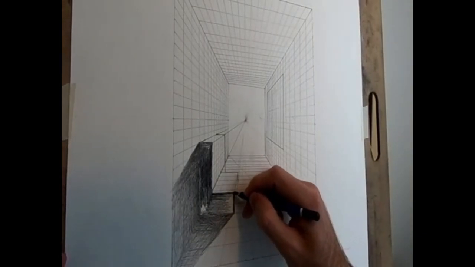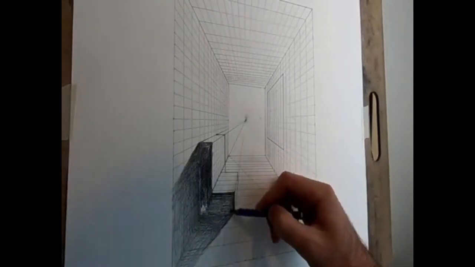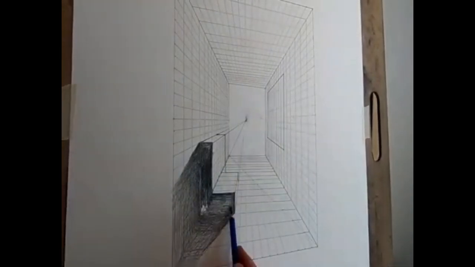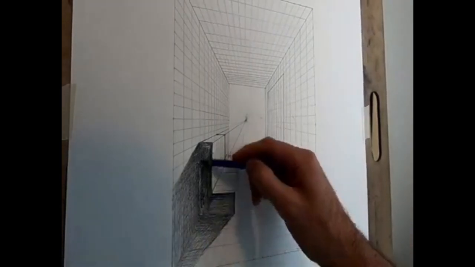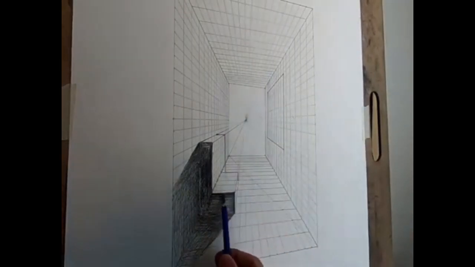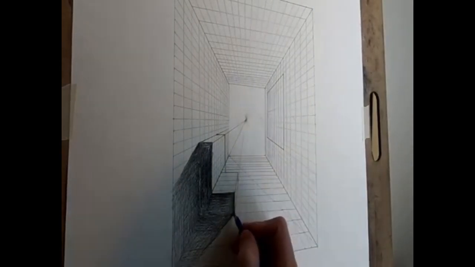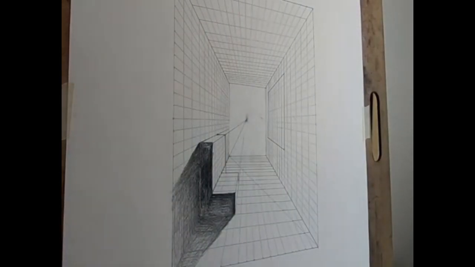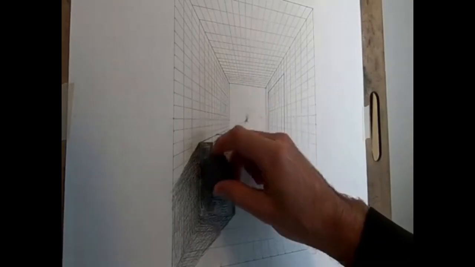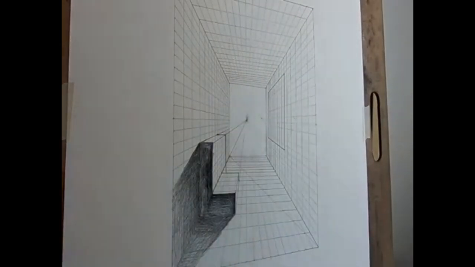Remember the tensioned edge idea. Remember how I talk about the tensioned edge in the light and shadow on basic forms demo video with the rectangular cuboid? This is essentially a rectangular cuboid with a couple different sides. So the tensioned edge idea is going to apply to it, right? So the corner all the way up and then all the way over of the shadow family is going to be darker than the rest of that shadow shape there. As you can tell, the edge is much darker than the rest of it,